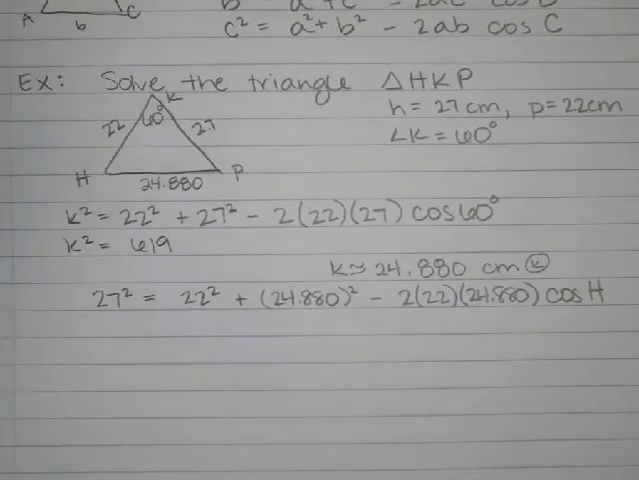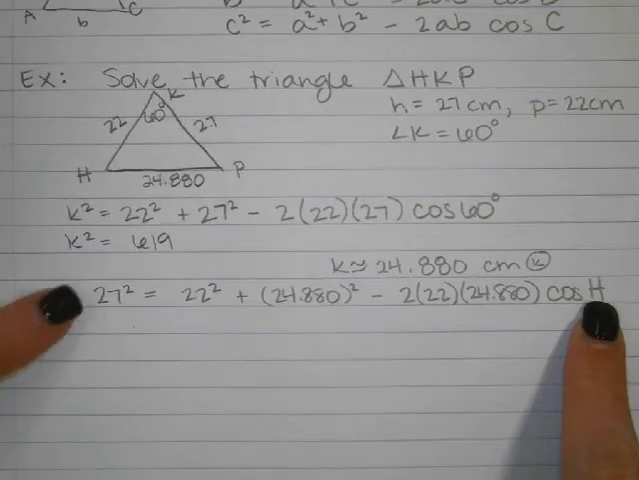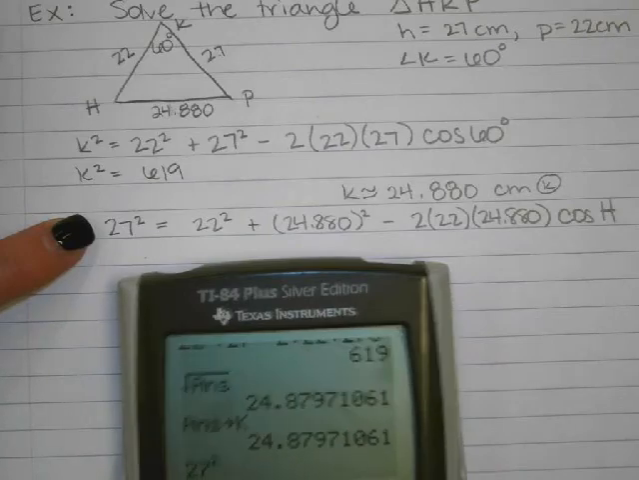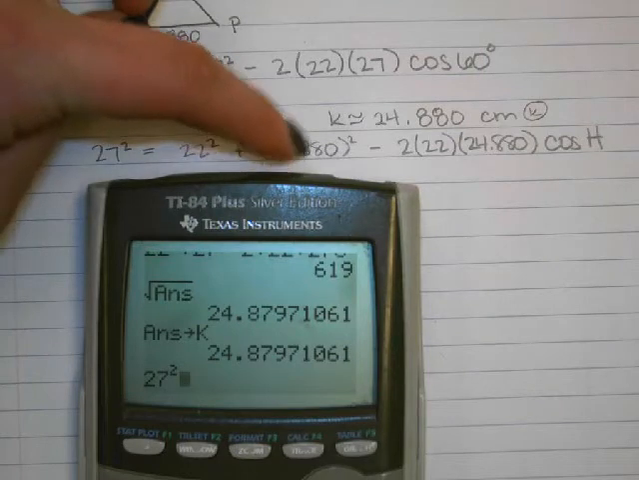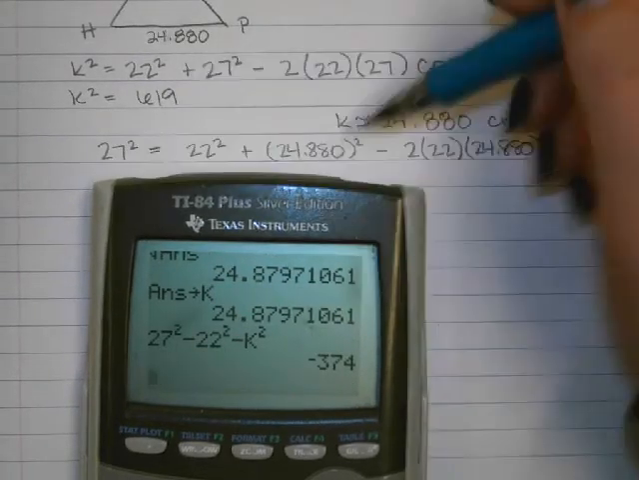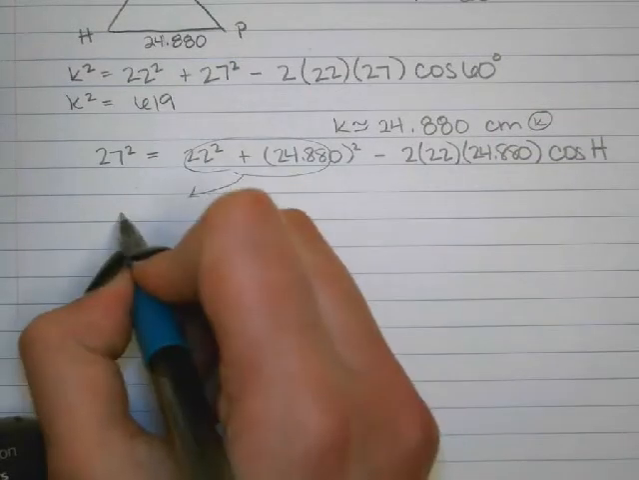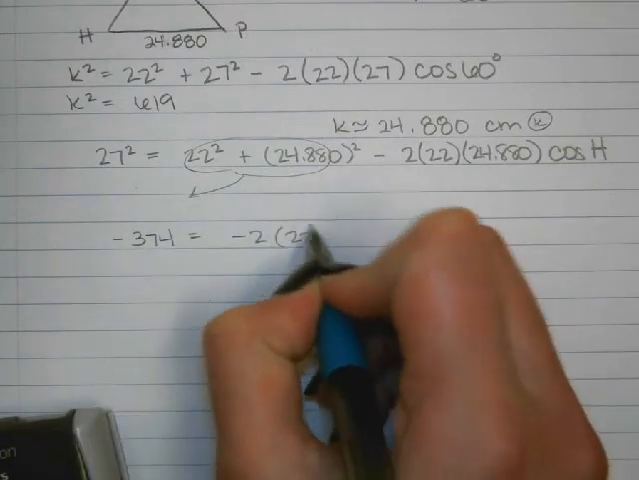All right. So now what I have to do is I have to start moving stuff over so I can get the H all by itself. So in my calculator, I have 27 squared, and I'm going to minus the 22 squared over, and I'm going to minus the K value squared over. So I'm just taking this number, subtracting it over, taking that number, subtracting it over. So I'm going to go ahead and just say I moved those over. So that gives me negative 374 equals negative 2 times 22 times